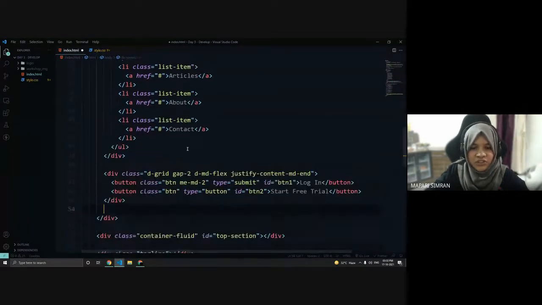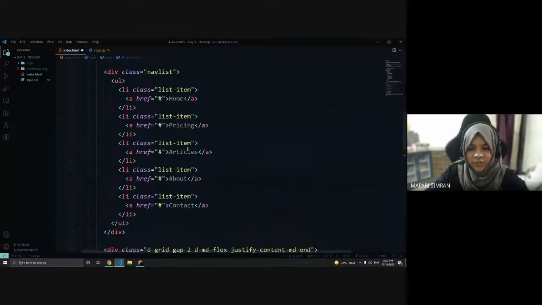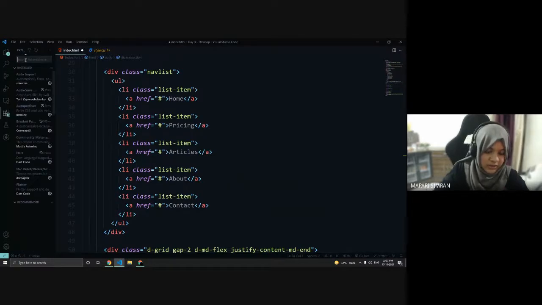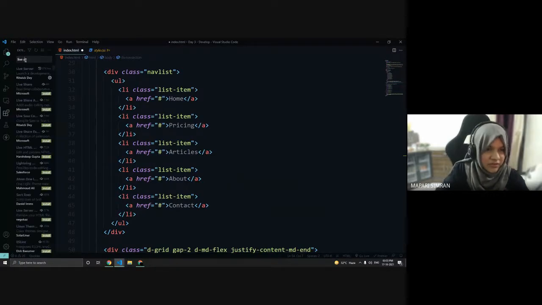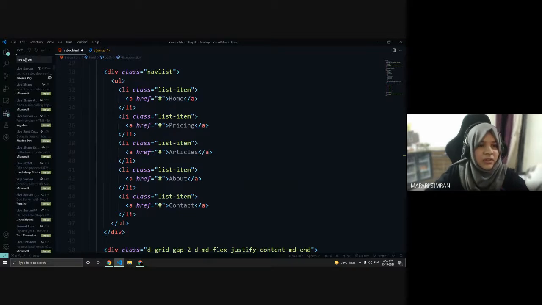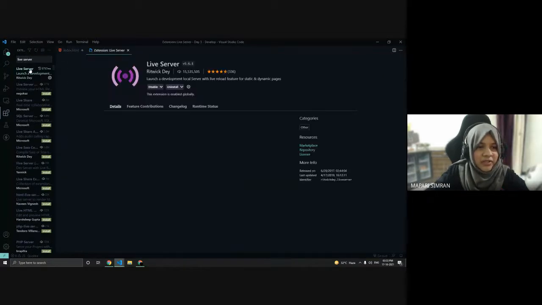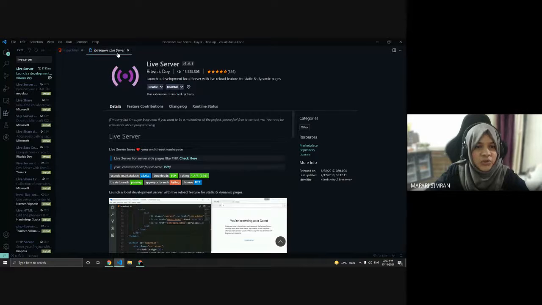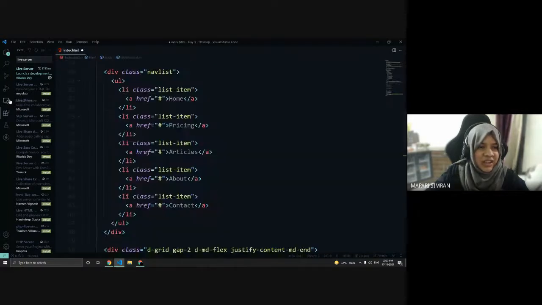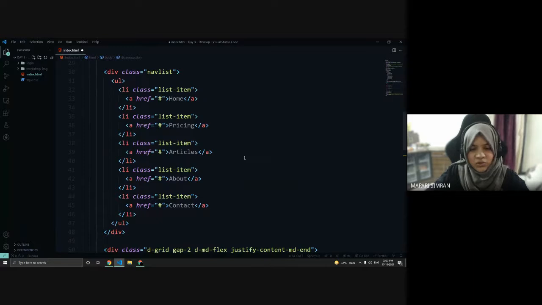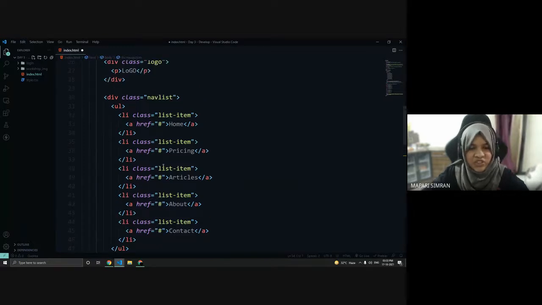For checking our result, I'm using the Live Server extension. If you don't know, it's here in VS Code, the Live Server extension. You can install it so that you don't have to refresh again and again if you made some changes in your code.